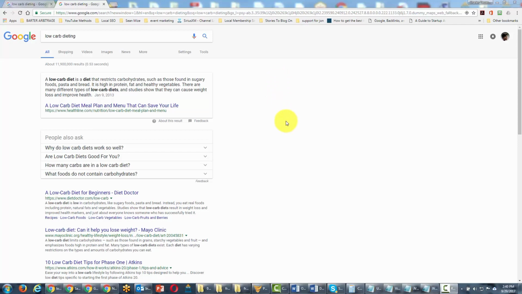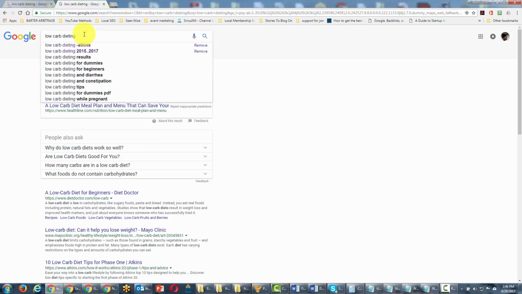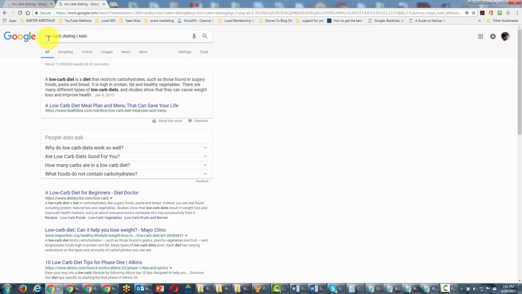Welcome back. We are now going to look at the piping command. The piping command functions the very same way as another term that we could use, which would be the OR command. What we do is put in a pipe, which is a straight line, inside of our search, and then we put in another similar term. So we're going to tell Google, look for low-carb dieting or keto, and it's going to bring us back the most relevant results. Now we're going to hit send,